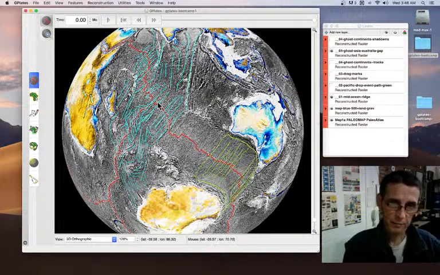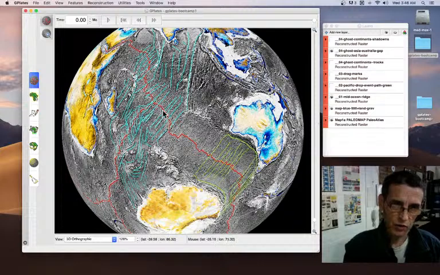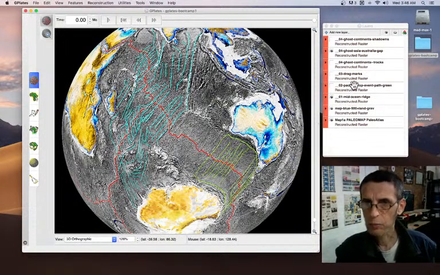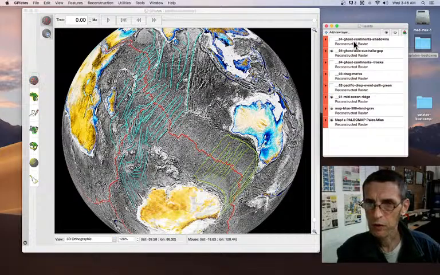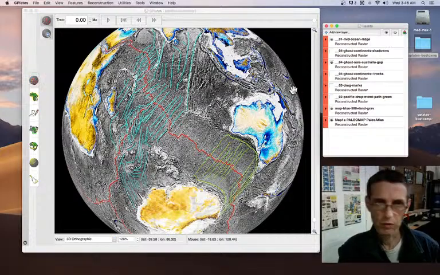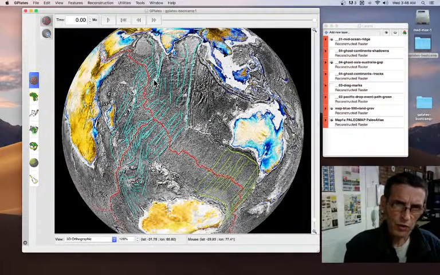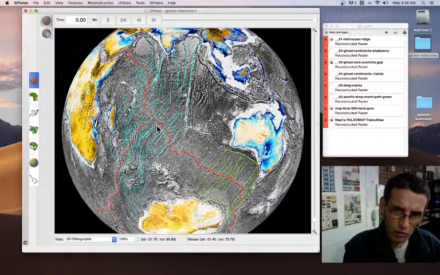Right here, when you have Asia going away, the mid-ocean ridge... let's put the mid-ocean ridge on the top so it shows. Here we go, it's on the top now. So the mid-ocean ridge is being crossed by this pattern of mountain ranges,